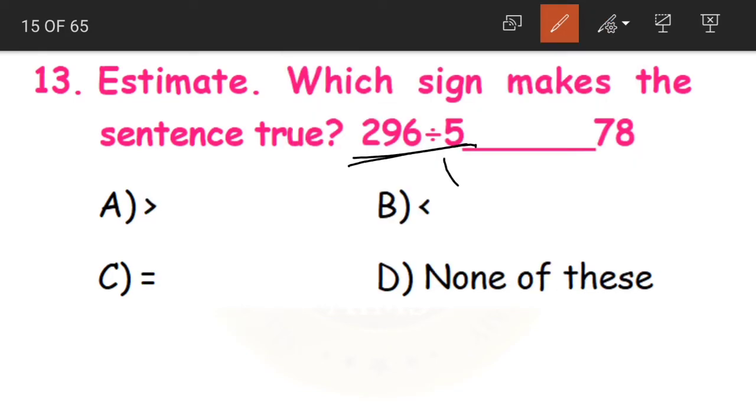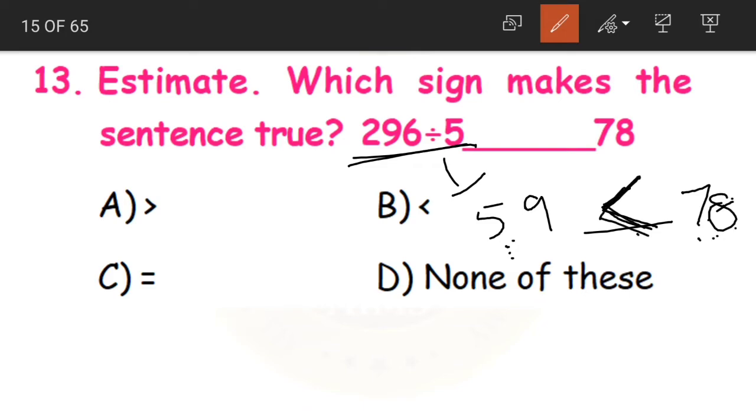See, 296 divided by 5 is equal to 59. Now here on the other side we have 78. Now how to compare which is the greater one? If you remember what I said about the greater than and less than symbol, what will we do, children? Always we want the bigger number, or always we want a bigger chocolate to eat. Now of these two numbers, which is the bigger one? 78. Yes. So we'll open our mouth towards 78. Understood? See. So that is how we keep the symbol here.